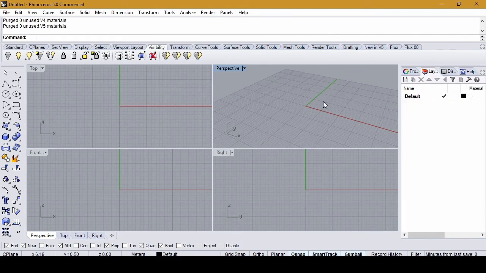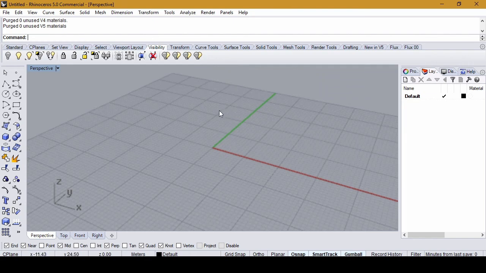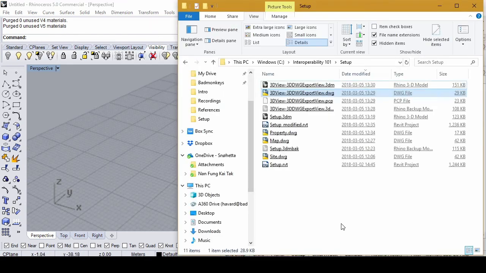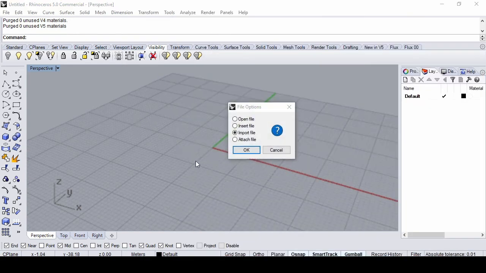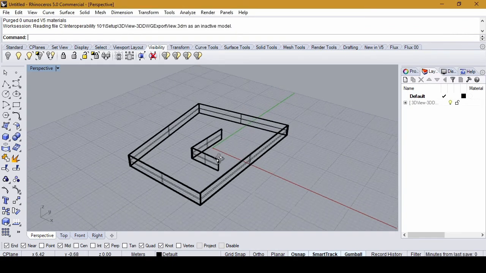Maybe we want to purge these default layers. And then I drag the Rhino file. You can actually do this with the DWG file also. You drag the Rhino file and create an attachment in Rhino.